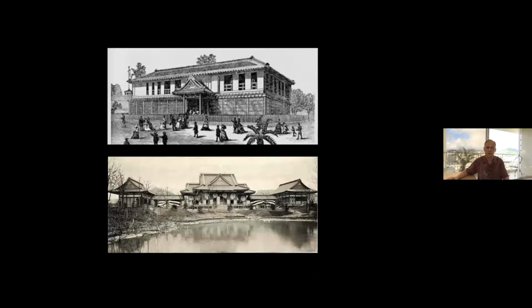1876 Centennial Exposition in Philadelphia. It's known as the Japanese dwelling, although it doesn't look like any Japanese dwelling. It's kind of more like a storehouse. But then I showed you the image of the Phoenix Hall from the Chicago Exposition of 1893. So